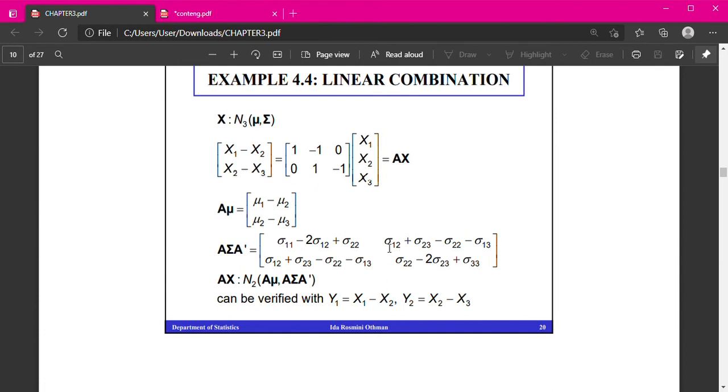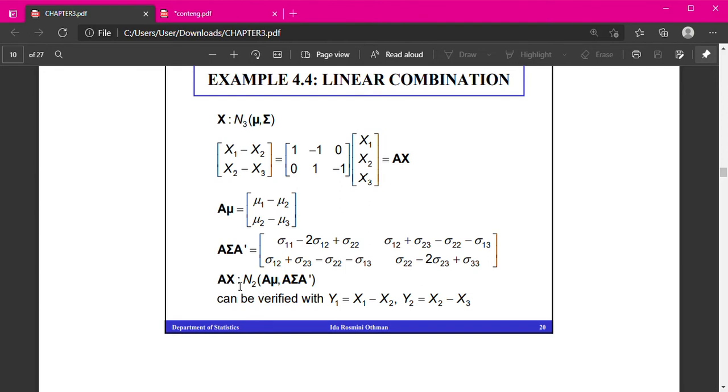Dan di sini, part first row and second column ataupun first column, second row di sini value sama yang akan dapat. Ianya adalah covariance between the two linear combination. Covariance between X1 dan X2, dan X2 dan X3. Okay, so daripada sini kita boleh create the